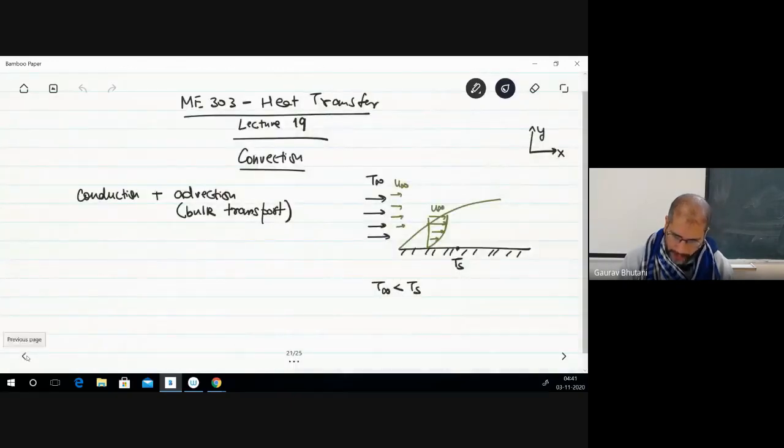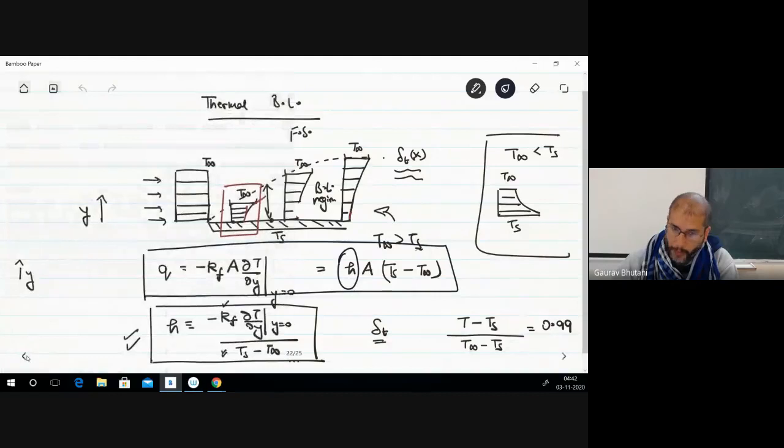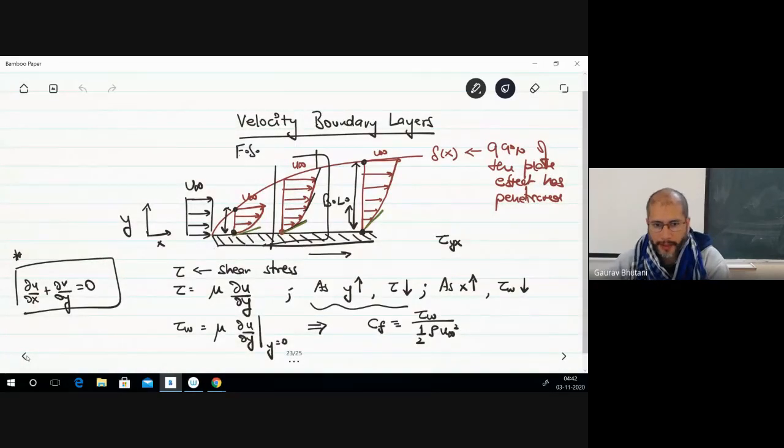So we started with the mechanism of convection. We did a quick recap of what the mechanism of convection is. We talked about the boundary layers. So we know that there's a boundary layer that develops over a surface that is sitting in free stream flow. And then the first thing we talked about was the velocity boundary layer. So we talked about the idea of the shear stress inside the fluid because of the no slip condition on the surface of the plate.